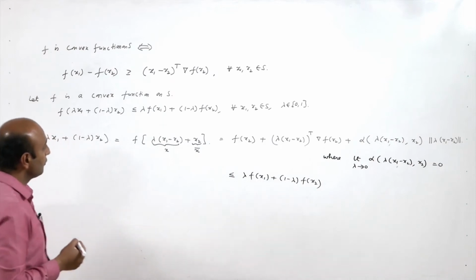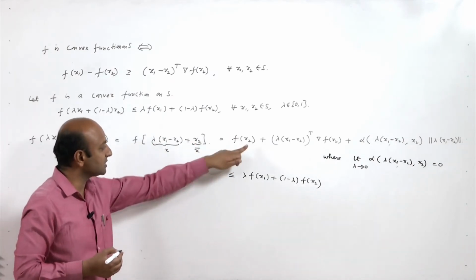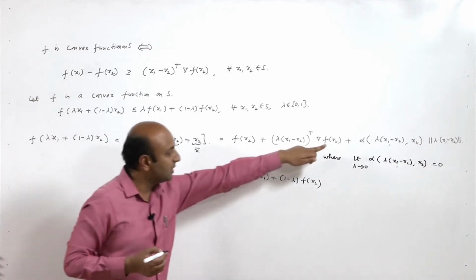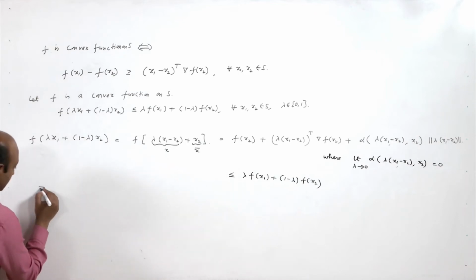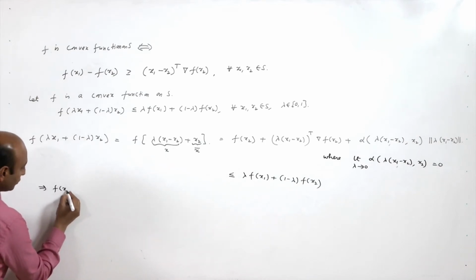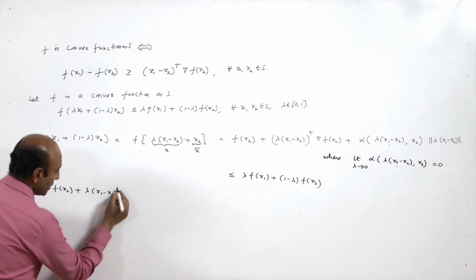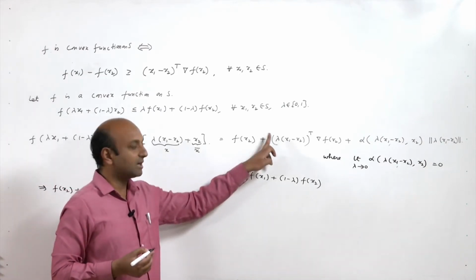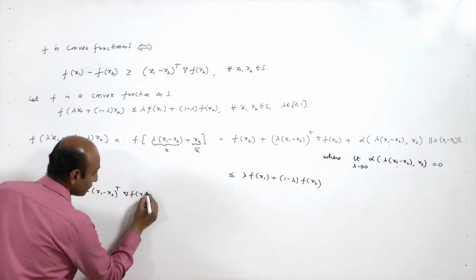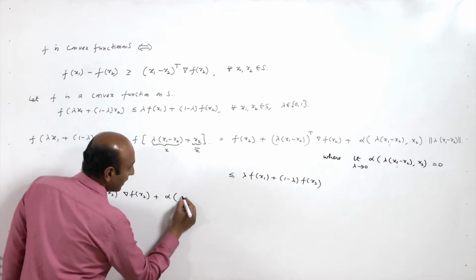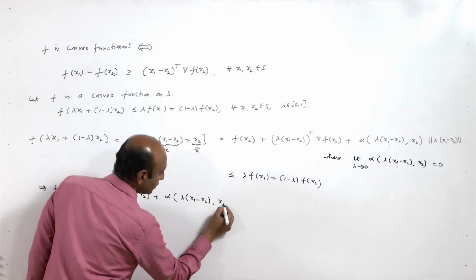Okay. From this expression, this quantity is less than or equal to this quantity, which means this expression is less than or equal to this one. So, what do we obtain from here? This implies f of x2 plus lambda times (x1 minus x2) transpose, because lambda is a scalar we can take it out, gradient of f of x2 plus alpha function of lambda (x1 minus x2), comma x2,